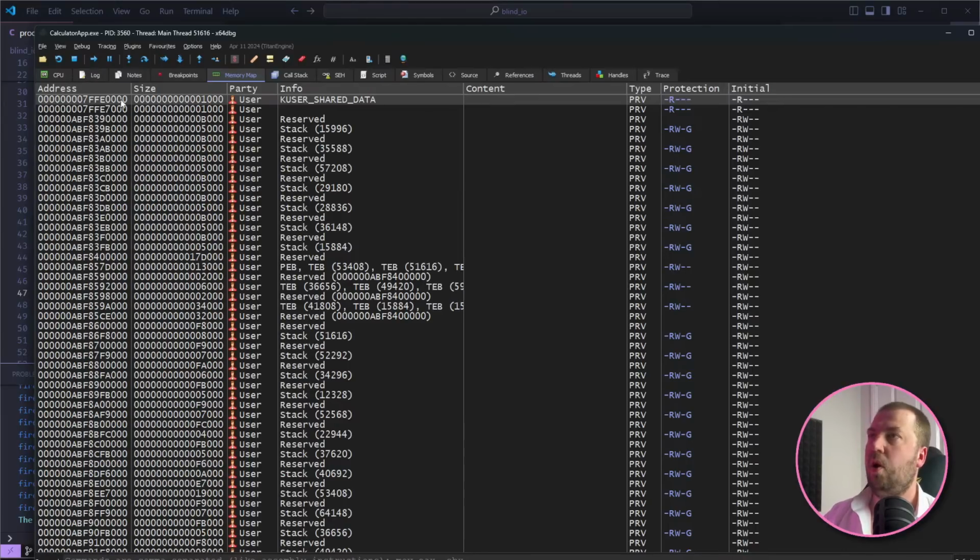We want to be able to list all the addresses where memory is allocated, the size of it, and then the protection. So is it read, write, executable, or some combination of all three? If that makes sense, we're going to basically try and reproduce this table. It's a lot of numbers. Some of my favorite ones are in there. A, B, some absolute classics. So yeah, that's what we're going to do.